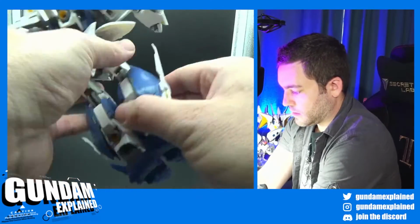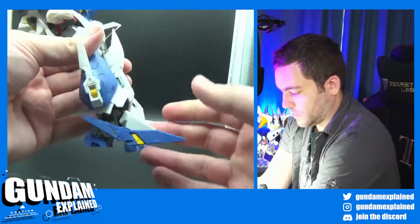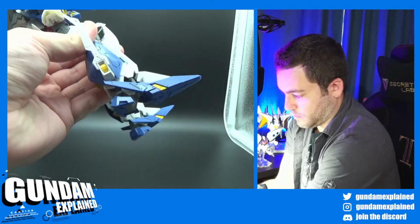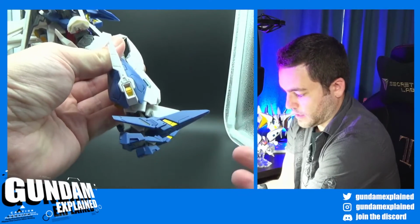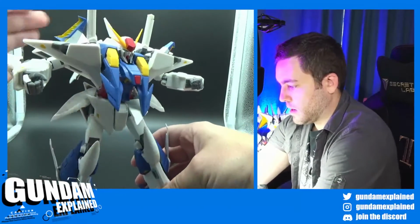Let's see, does this do anything? No. A lot of times with feet too, you can move them out. Yeah, this allows for that. So you can move it forward if needed, move it back. That can help with stability. It is kind of hard to get it to stand right. Wow,